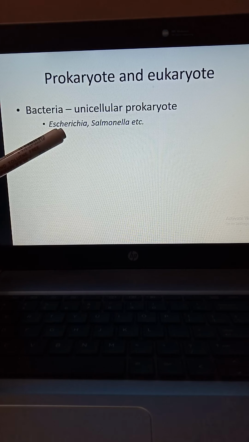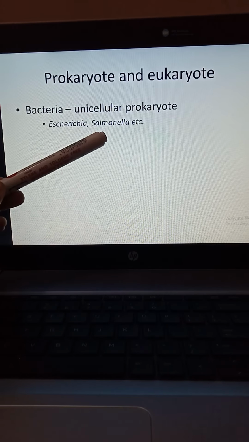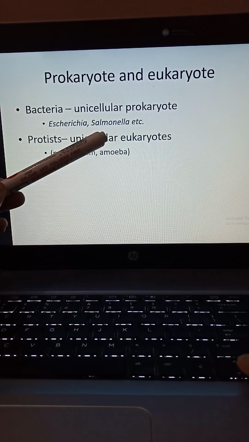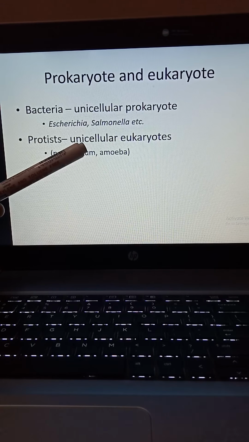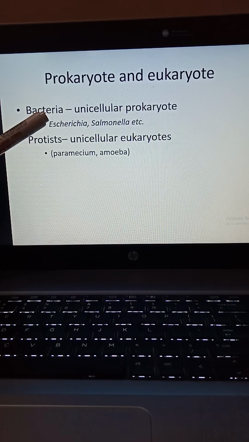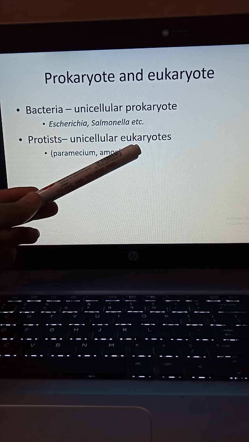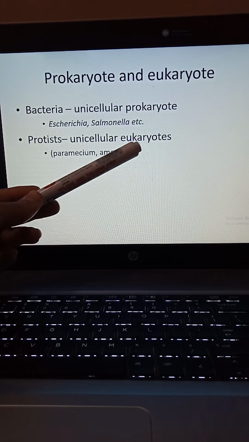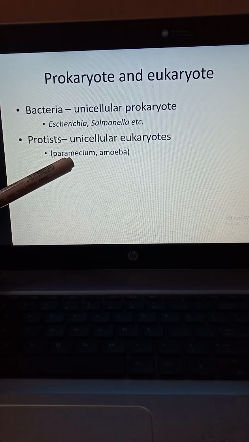There can be many types of bacteria, for example Escherichia, for example Salmonella. Then, who are protists? They are also unicellular, just like bacteria, but they are quite different because they are eukaryotes. That means they contain a nucleus. Examples are Paramecium, amoeba,